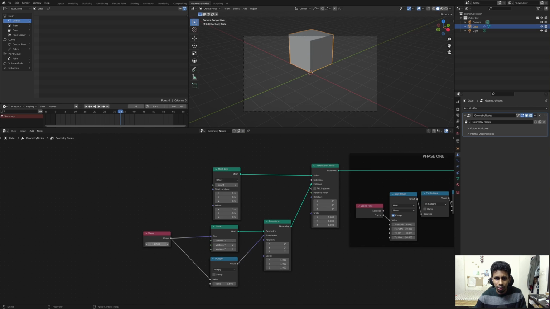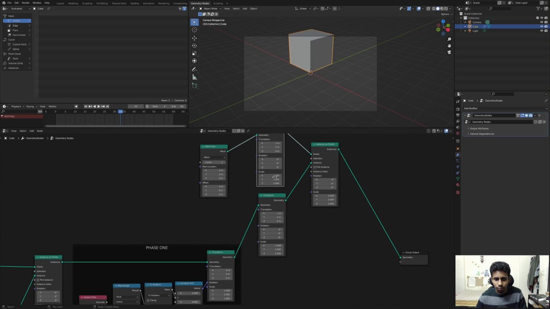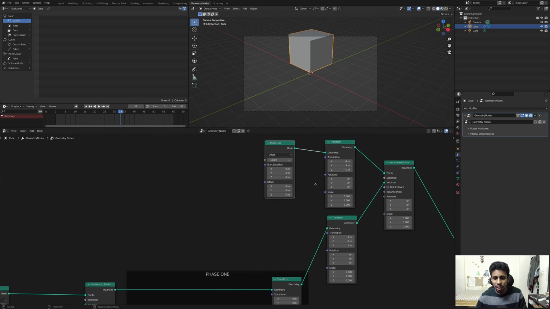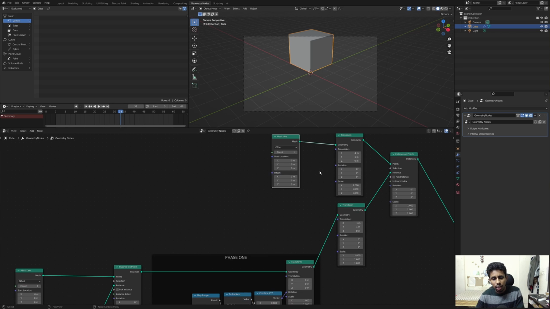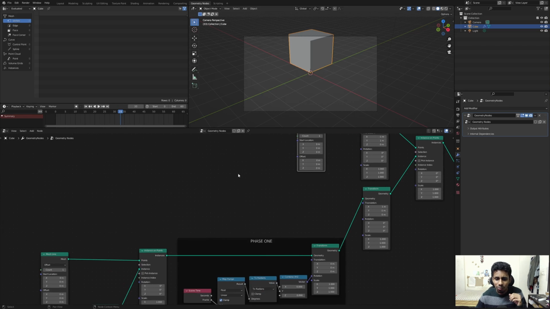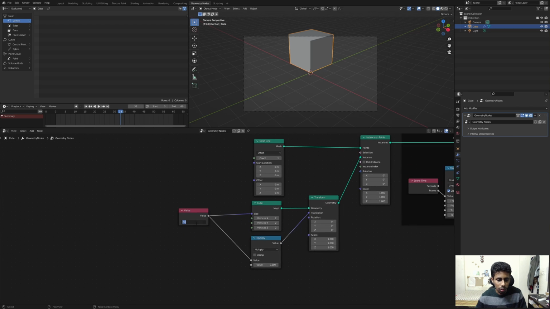If I set the scale to 2 and try to rotate it, you can see that it doesn't rotate, and that is because these values will have to be updated. So instead of just digging in again and doing it all on our own and making our job hectic, why not make them dependent? So what I'm going to do is set this back to 1, shift right click drag like this over here,